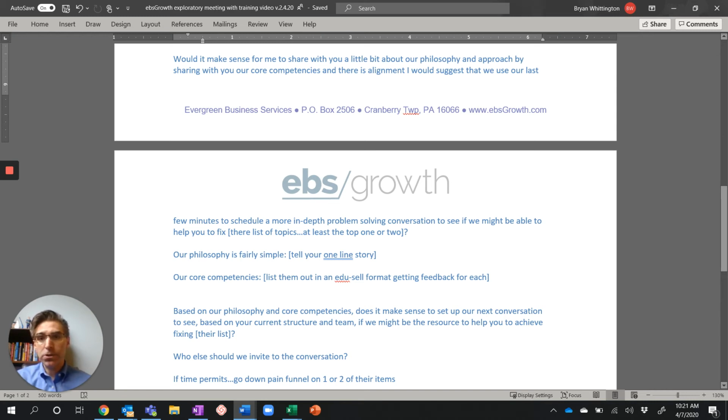Good entrepreneurs running a good business that really care for their clients and generate a lot of revenue can do a lot of good. I mean, look what Bill Gates is doing. It's that type of thing. That's their philosophy. So in order to help organizations to do that, our core competencies are this, and then you go into your core competencies, and it's really an edge you sell, right?